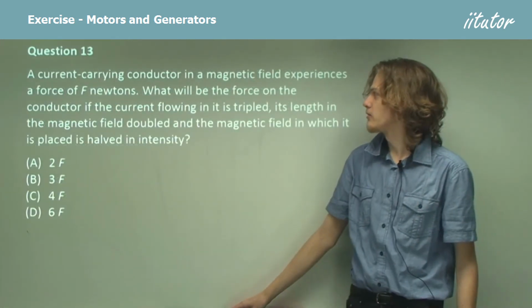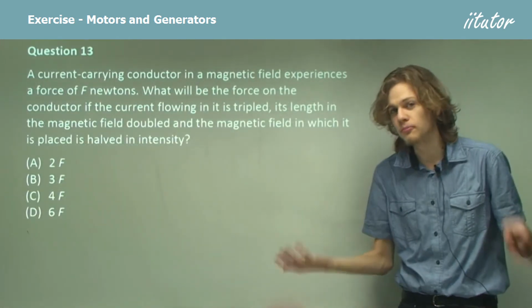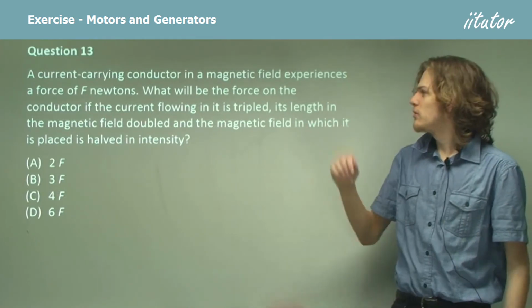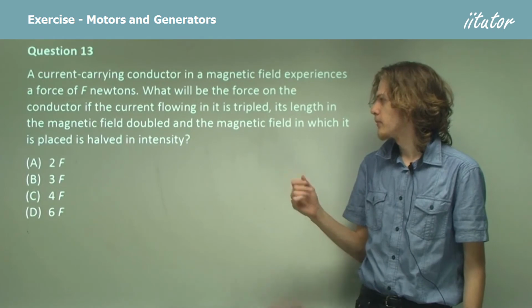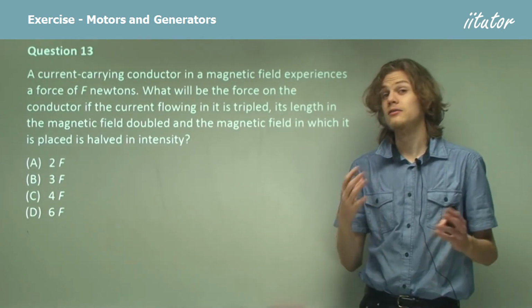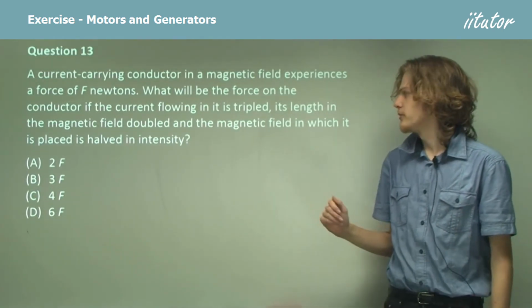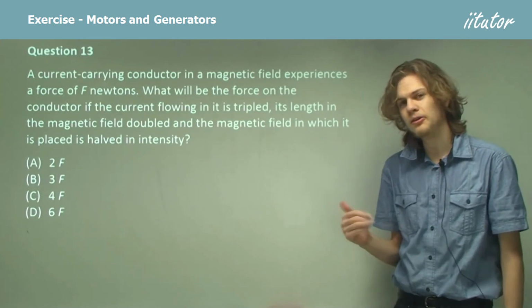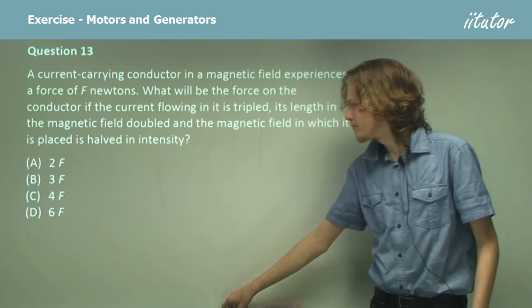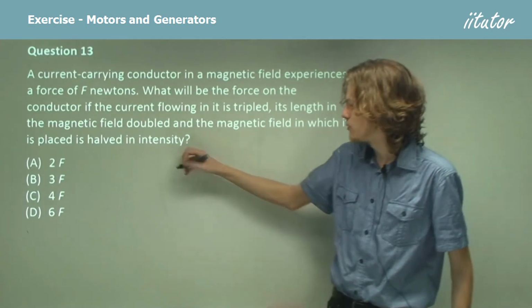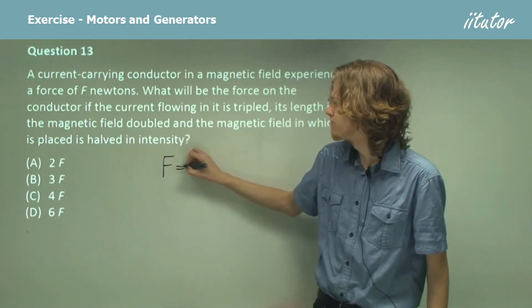A current carrying conductor in a magnetic field experiences a force of F newtons. What will be the force on the conductor if the current flowing is tripled, its length in the field is doubled, and the magnetic field in which it is placed is halved in intensity? So we're changing 3 different variables here. And if F equals BIL sine theta,